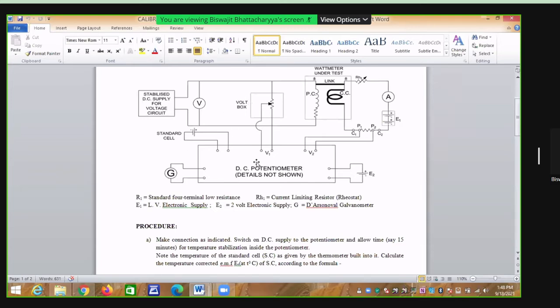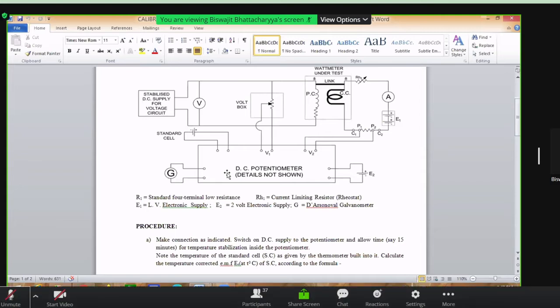Bring the potentiometer in the standardization mode. First connect the standard cell, then bring the potentiometer in the standardization mode. Vary the knob in the standardization mode, vary the knob for coarse adjustment and fine adjustment. Effectively, this is equivalent to varying the internal rheostat. So the net applied voltage inside the slide wire will change in such variation.